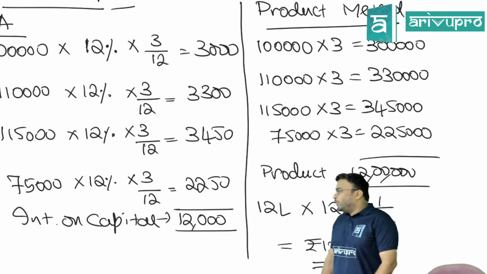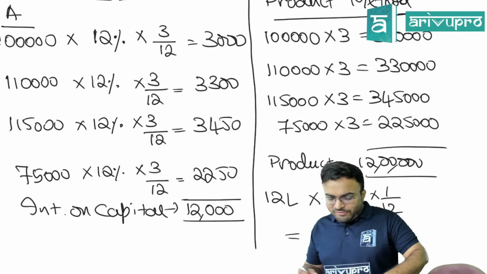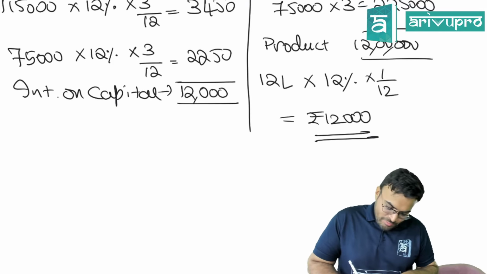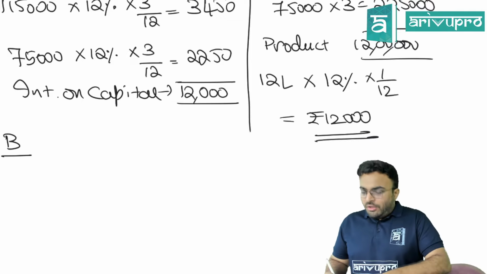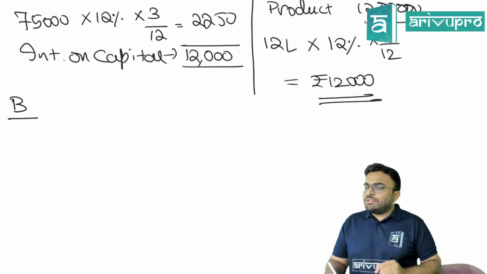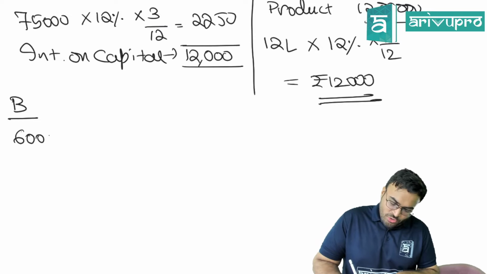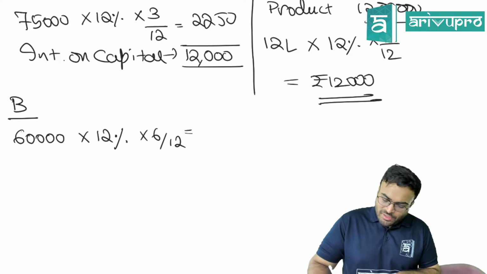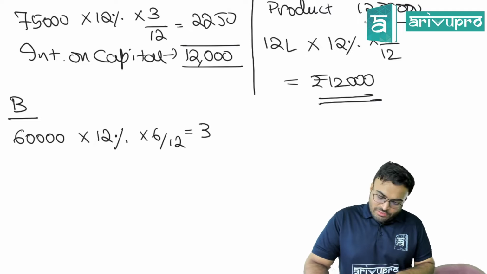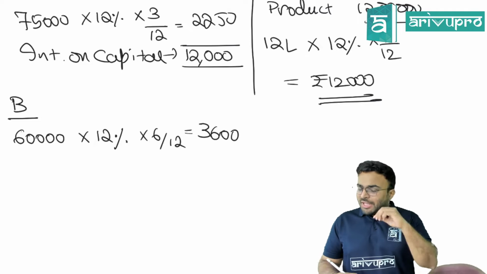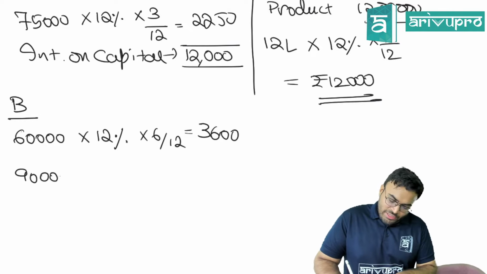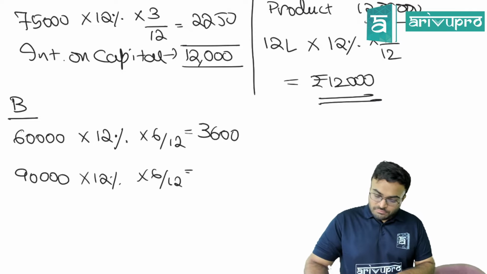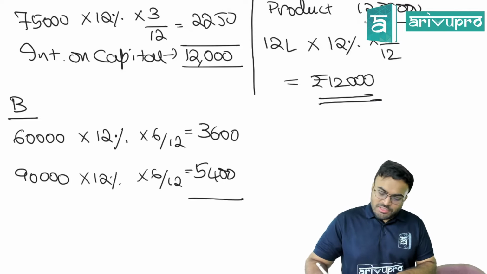Yes, guys. Can we go further? Are we done with interest on capital? No. We have one more partner, B. What was the capital of B? First it was 60,000. So 60,000 into 12% into 6 by 12. What is the interest now? 3,600. Then the capital became 90,000. So 90,000 into 12% into 6 by 12. So the total interest is,